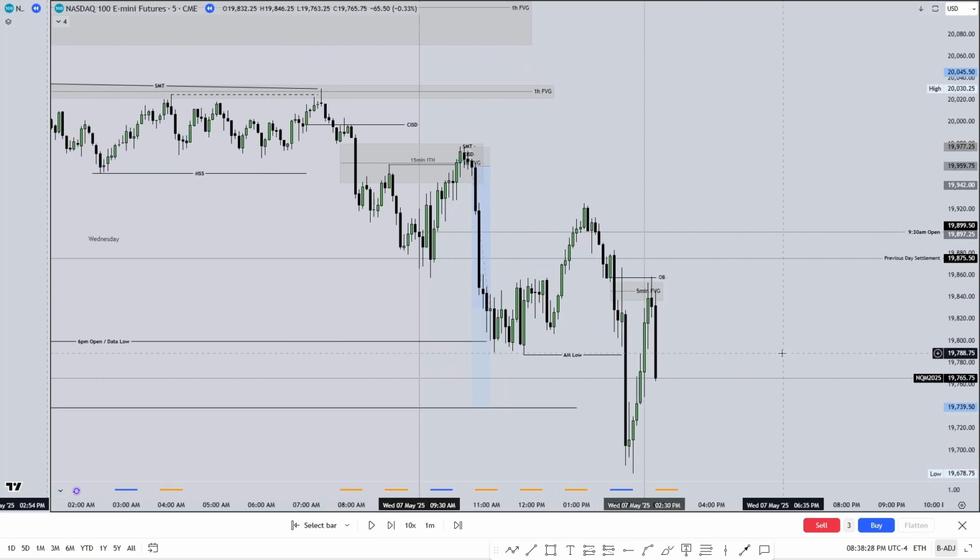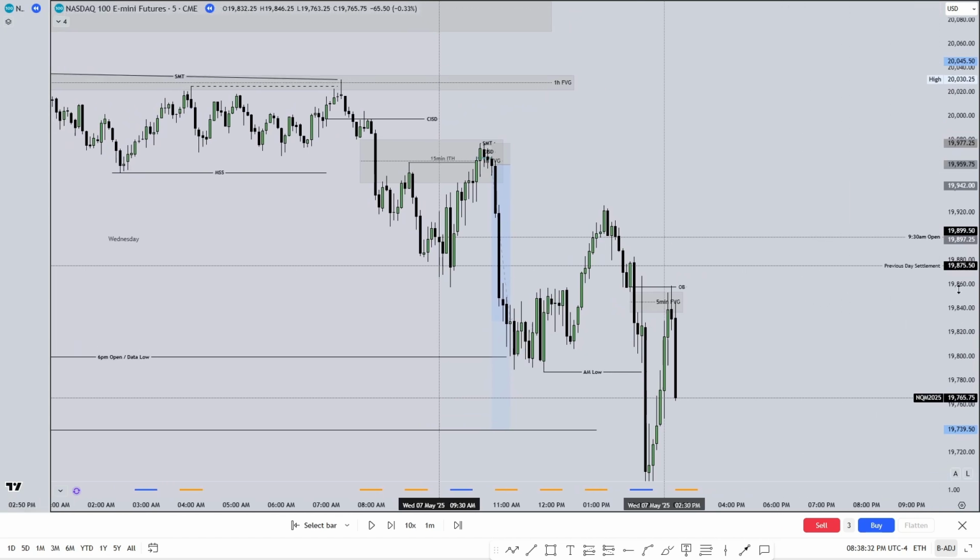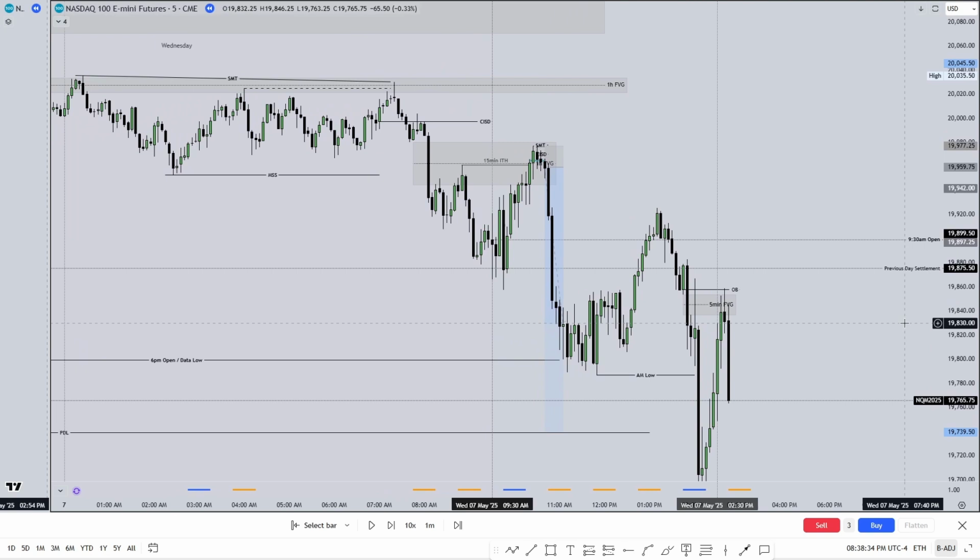Again, one of the best trades, or if not the best trade that I've ever been a part of as far as points go, 220 points. It was pretty much like a 1 to 12, 1 to 10-ish RR, risk to reward. So yeah, really happy with this trade. I hope this breakdown helped. I know I covered a lot of different things in here. It might be a little bit